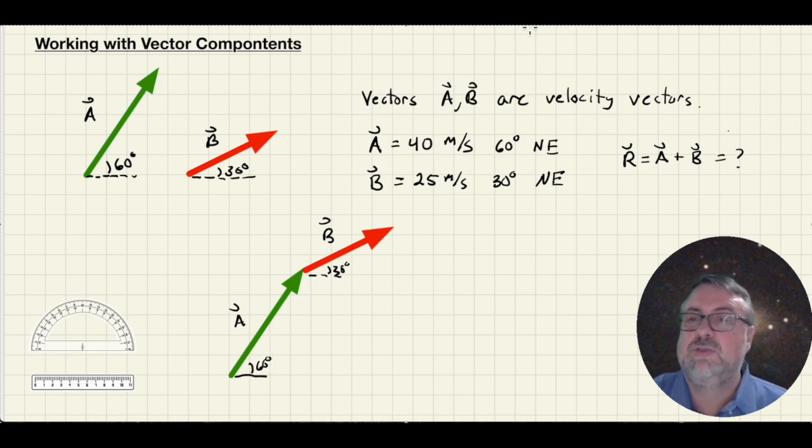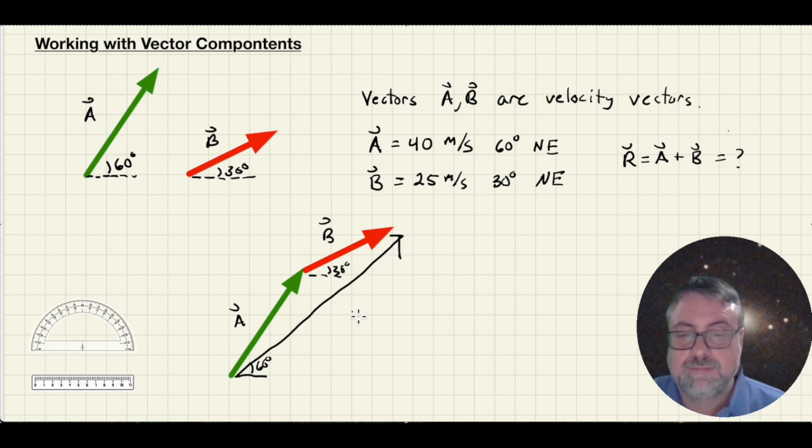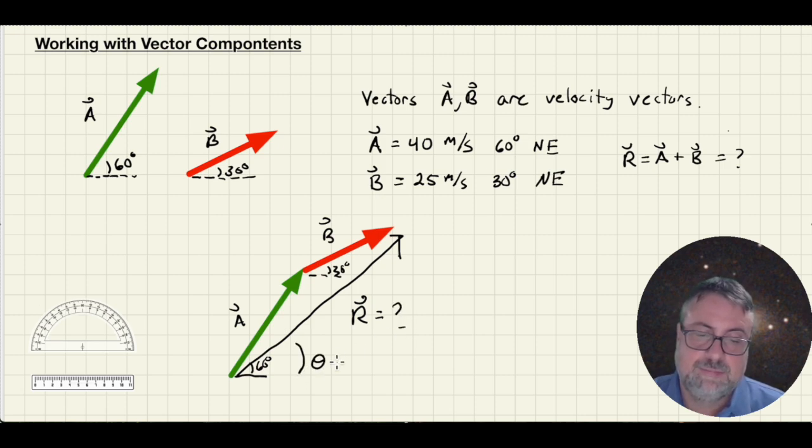And I would draw the resulting vector from where the first vector started to where the last vector ended. So the resultant would be something like this. And I would need a ruler and protractor